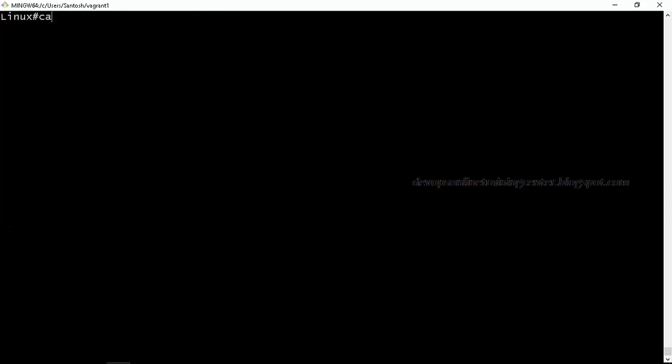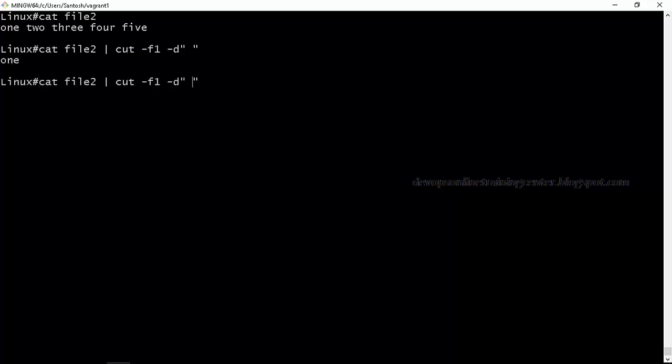so this is a file, let us say, and I want to extract the first field. So this will give the first field. If I want to extract the second field, it will give the second field. So basically we are cutting into different pieces and using each one of them in different parts, right? So F is for field, D is for the delimiter. The delimiter can be anything, but here we are using space, right?